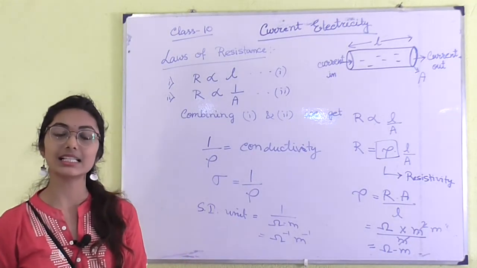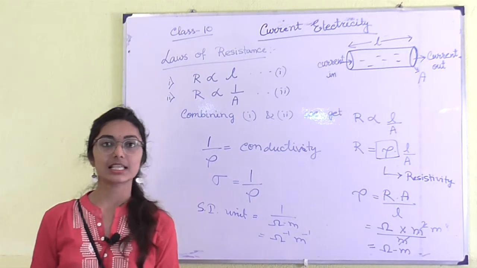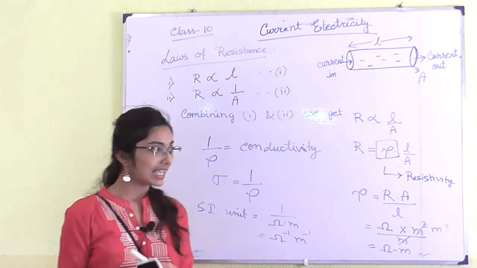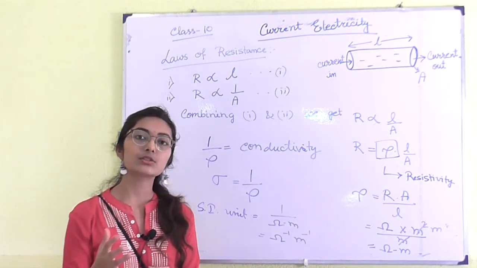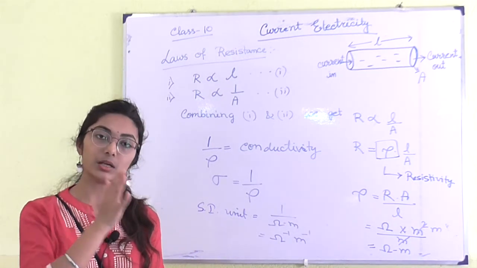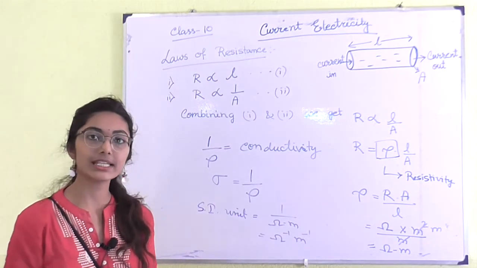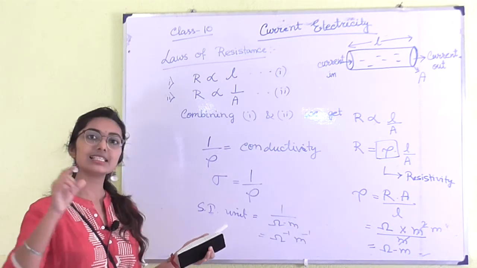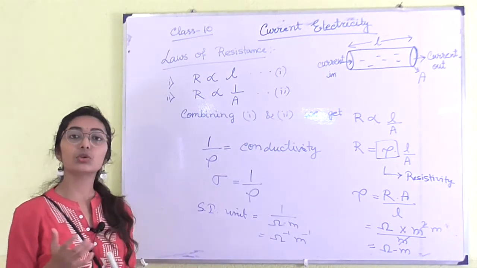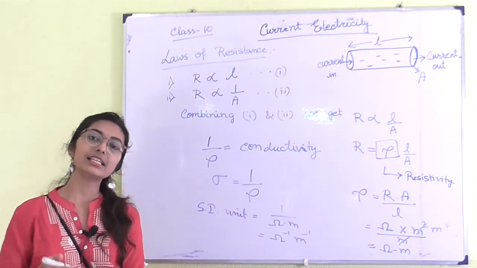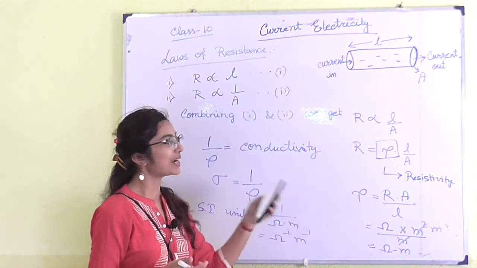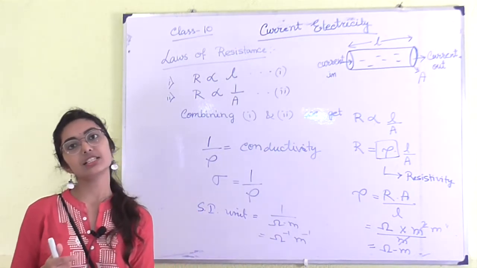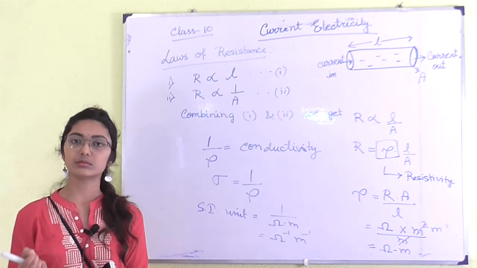On the basis of resistance, we can categorize materials into three types: resistor, conductor and insulator. An insulator doesn't allow the current to pass through it. So resistivity is high in an insulator and conductivity is low. In a good conductor such as silver, conductivity is very high but resistivity is low. And in a resistor, resistivity is so high that the conductivity is very poor.